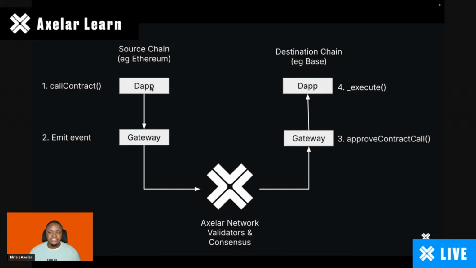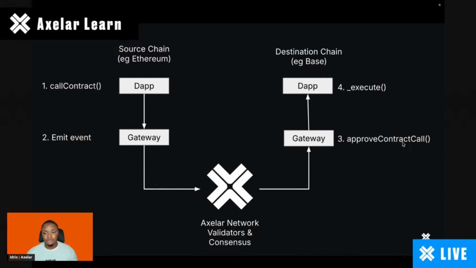A dApp initiates that call and then calls callContract in this case, right? This call goes through the gateway that is deployed for that particular network, and then it emits an event that is picked up by the Axelar network. And then after the voting goes successfully and validation is completed, it goes directly to the gateway of the destination chain where approved